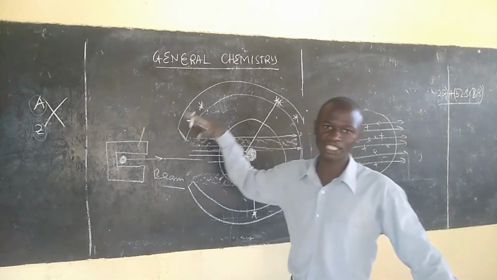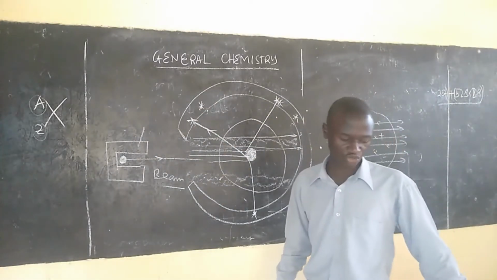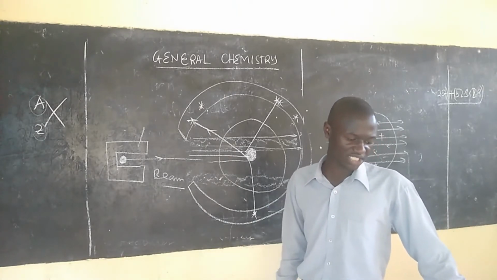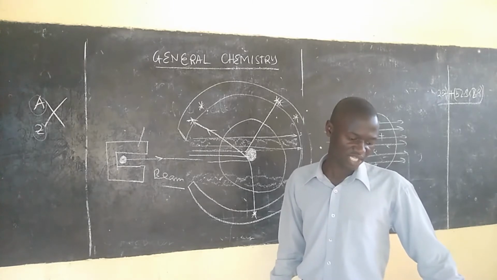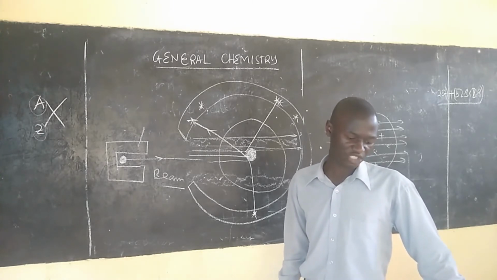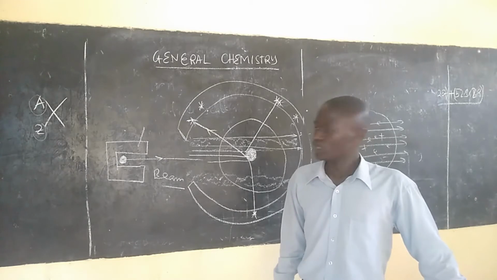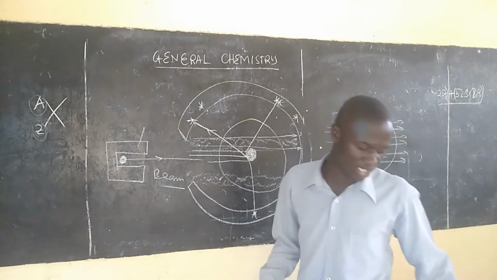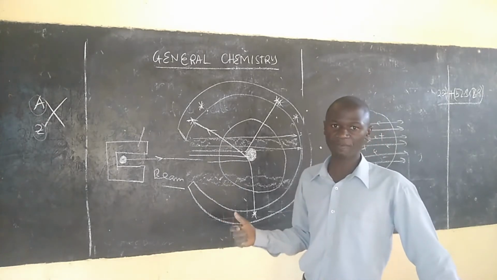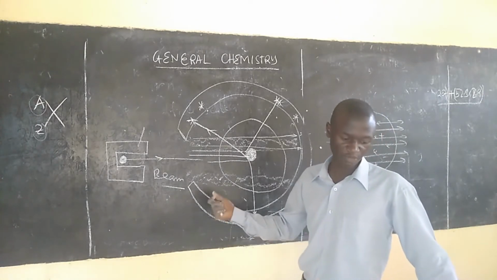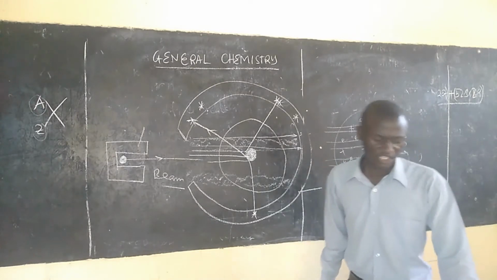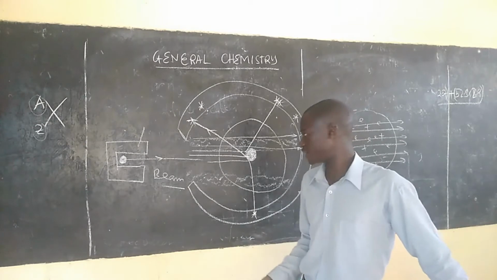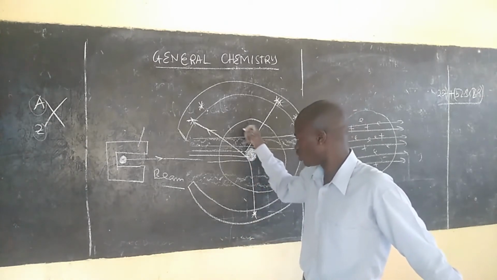Kwa nini hii kwamba isilete effect hiyo radium? Is placed in a lead block. The block is constructed in such a way with slits that only allow a beam of alpha particles to escape. So here we have slits which allow the alpha particles to escape in one direction. And because the alpha particles are rays, they will escape in that direction. The stream of high energy alpha particles was directed to a thin gold foil, ilielekezwa kwenye thin gold foil